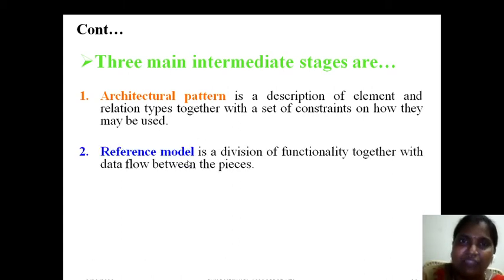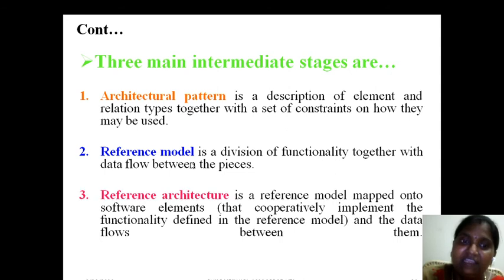Reference model. Whenever there is a buyer, a producer and an investor, automatically we have to define the functionalities. Buyers will select on their own by spending some amount. The investor to the company will select some cars based upon his investment. The producer will give some cars to you based upon your investment. Right or wrong? So the functionality of each element is divided in terms of the reference model.